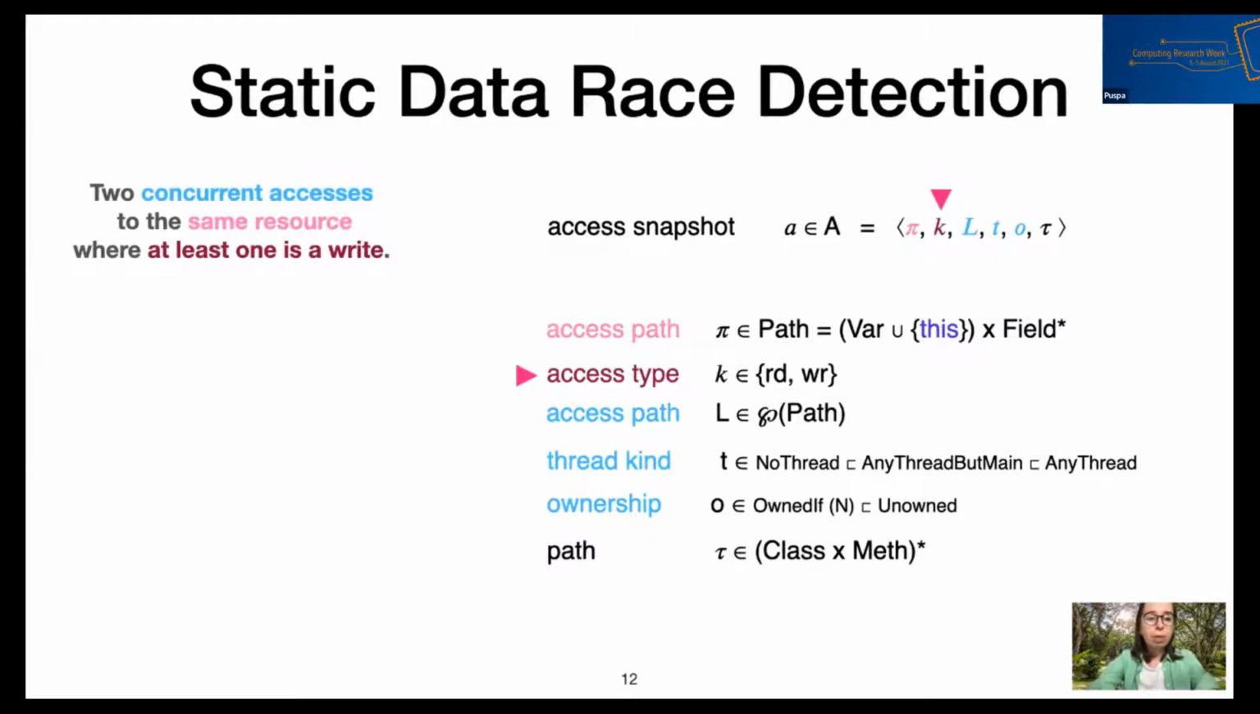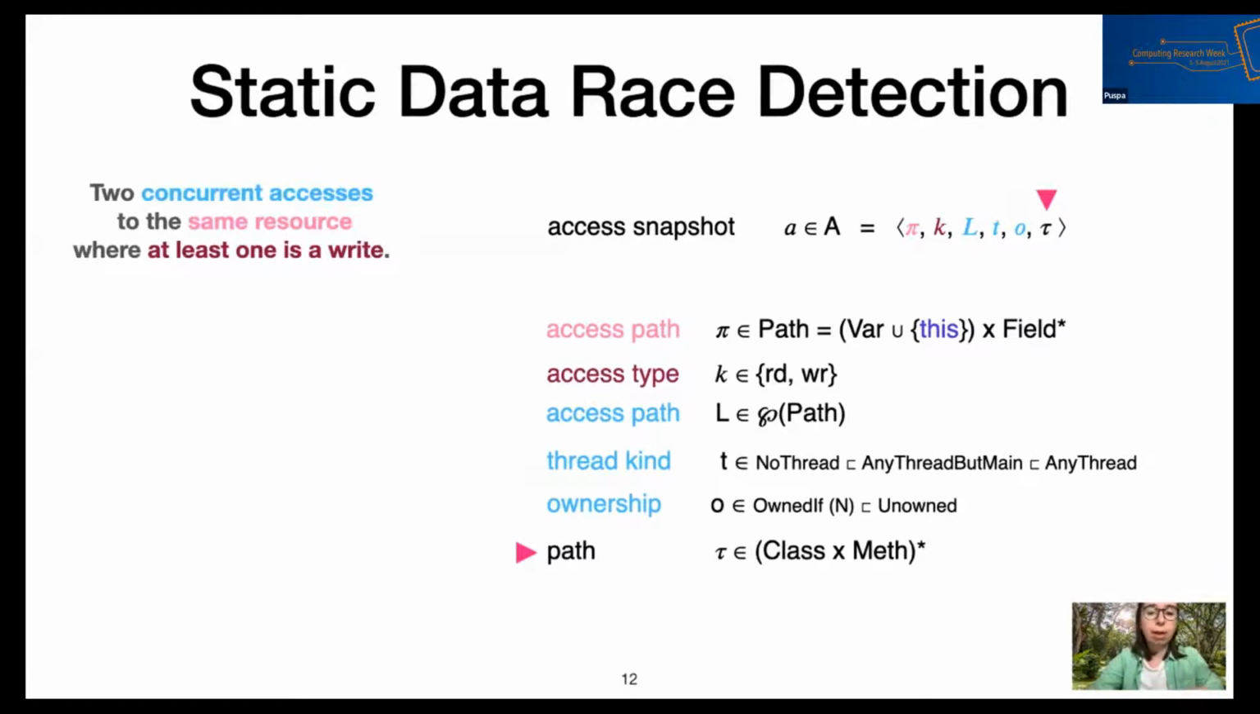We also capture an indicator to denote whether it's a read or a write access. L is the set of mutexes which protect the current access. T detects mutual exclusion due to running on the same thread. The key feature of this domain is determining whether an access must occur on a thread that runs concurrently with other threads. O detects mutual exclusion owing to memory that is held exclusively by one thread and thus not shared between other threads. And finally, tau is the trace to the resource denoted by pi, and it is